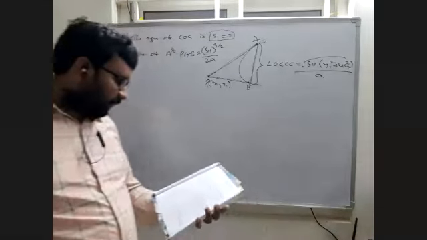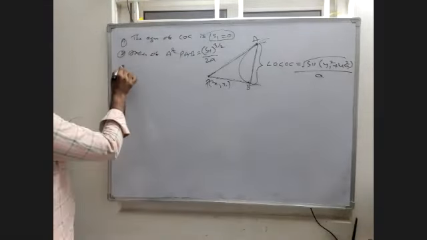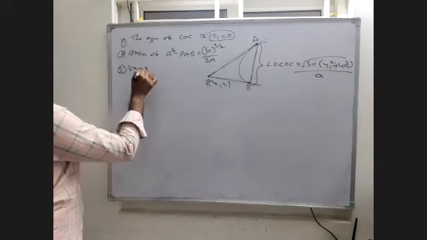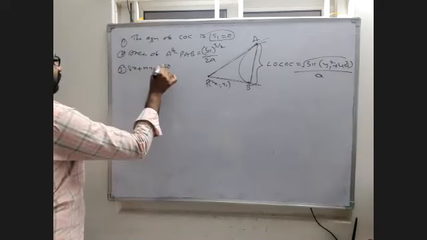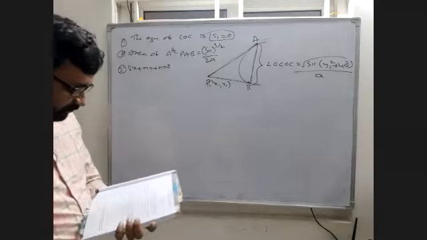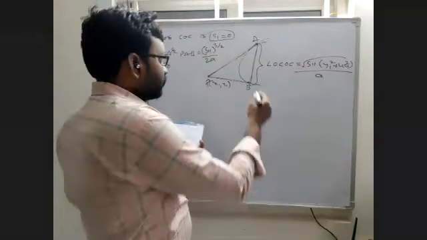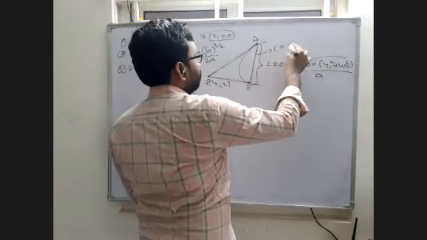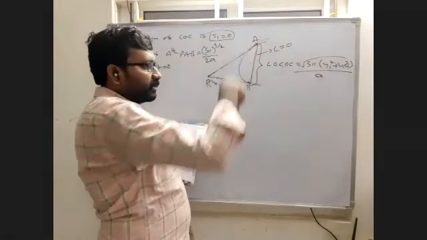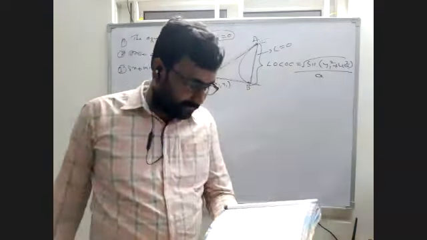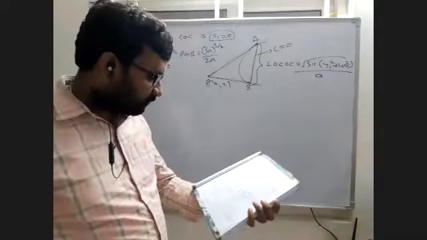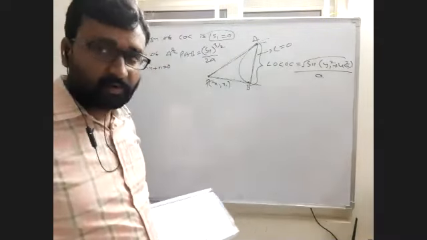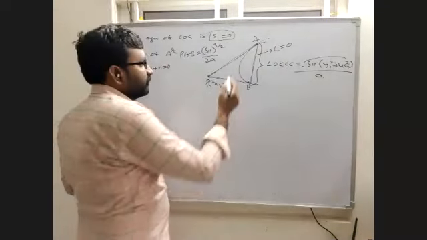Next, if the line lx plus my plus n equal to 0 intercepts the parabola at 2 points, suppose this is the line L equal to 0, intercepting the parabola at A and B. Then the point of intersection of the tangents at A and B.